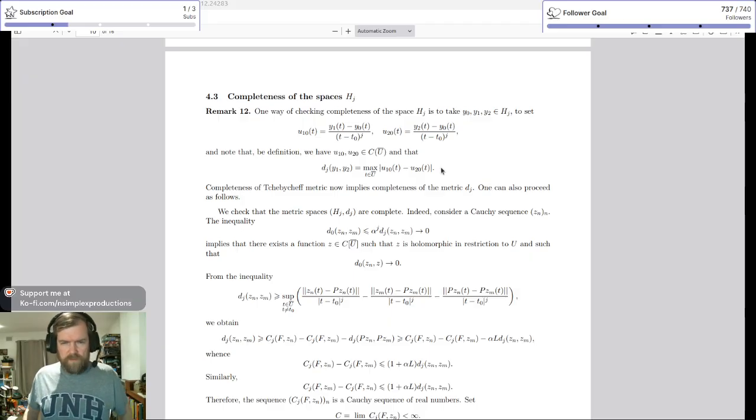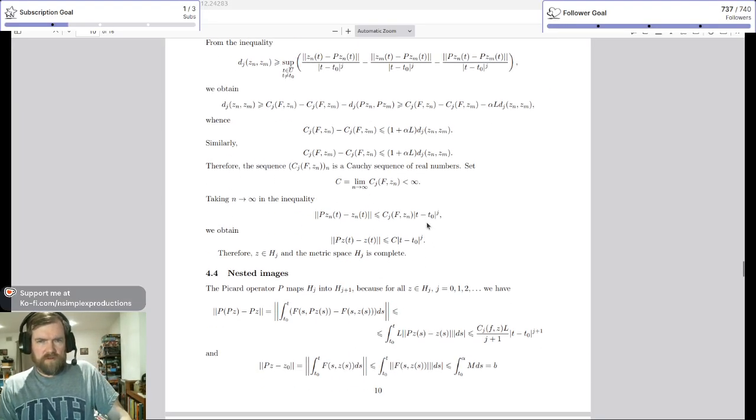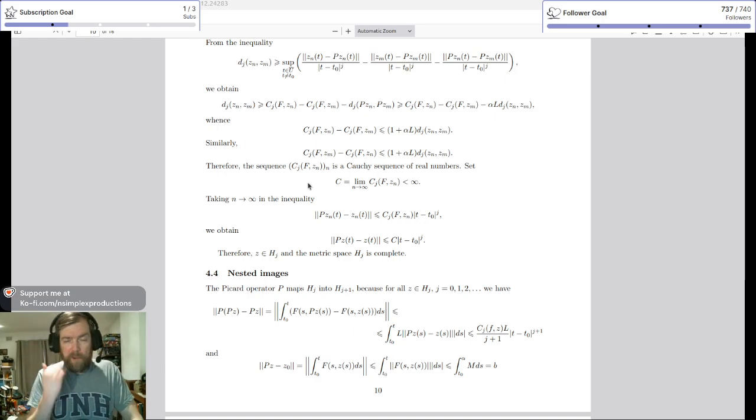greater than or equal to the supremum where t is on u bar and not t0, the difference between the norms of all of those things, allows us to obtain the below. Similarly, for all this stuff, therefore the sequence c sub j of f z sub n is a Cauchy sequence of real numbers. Set c equal to limit as n goes to infinity of c sub j of f z